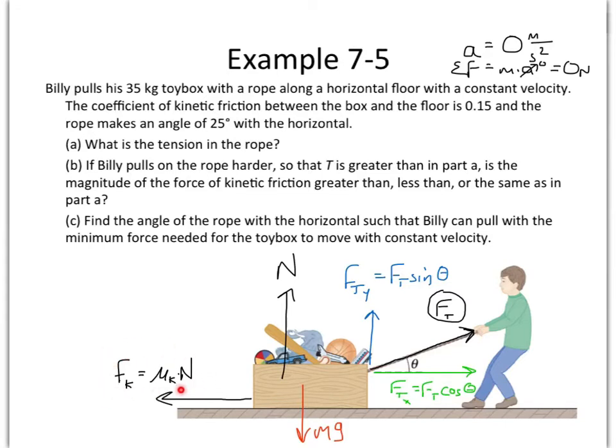All right, our friction force. Our friction force is the coefficient of kinetic friction times the normal force. And in many cases, the normal force, the supporting force by the floor, is the same thing as the downward weight force, right? But it's not going to be the case this time, because in this case, the floor has some help. What is helping the floor support the box? Well, Billy is right here. He has a horizontal component of his tension force, but also a vertical as well. And so we can say